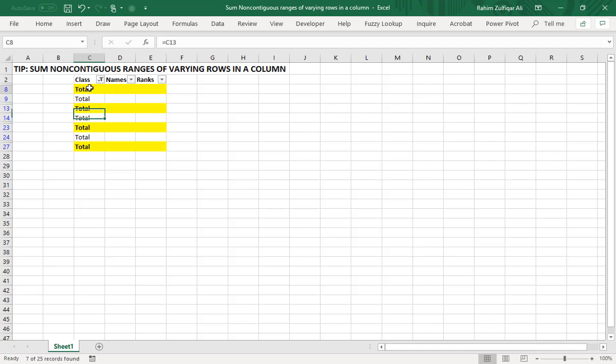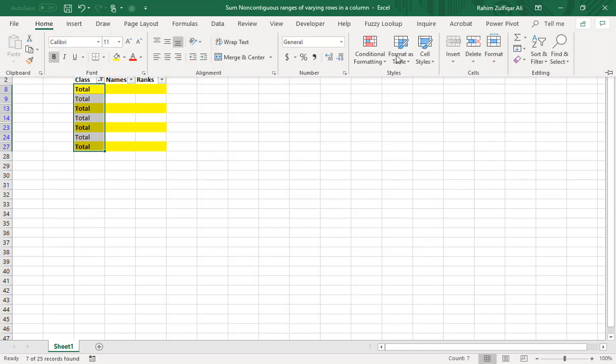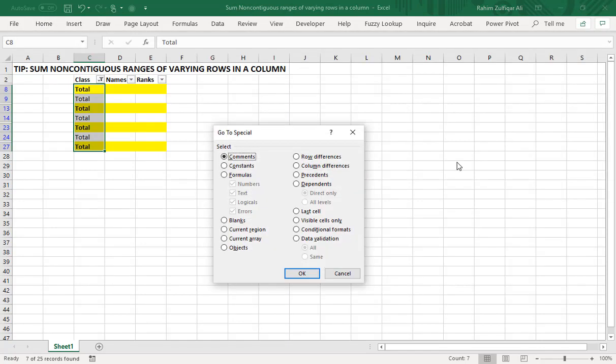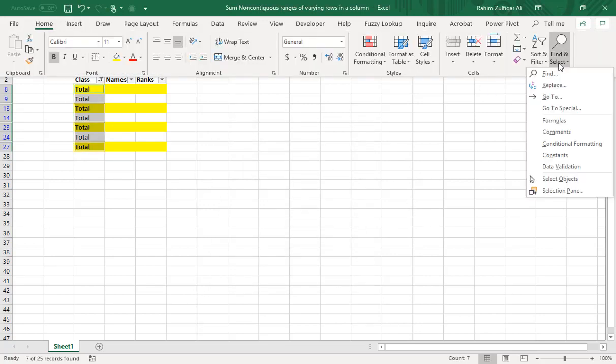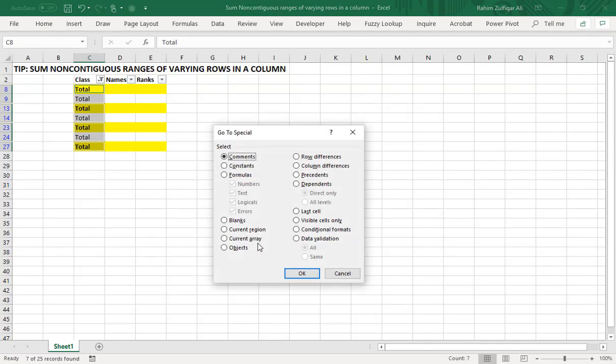So we will select this range, but I have selected both visible and non-visible cells. First I need to select this range as visible cells only. For that I go to the Home tab, Go to Special, and click on Visible Cells Only. Then again Home tab, Go to Special, and click on Formulas.